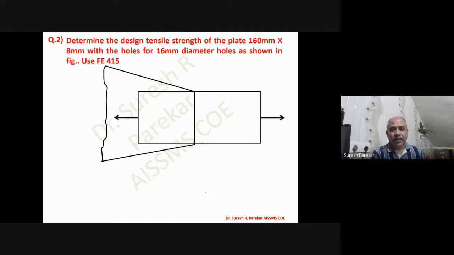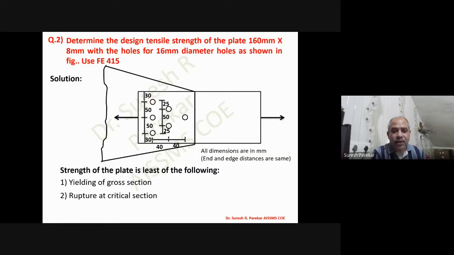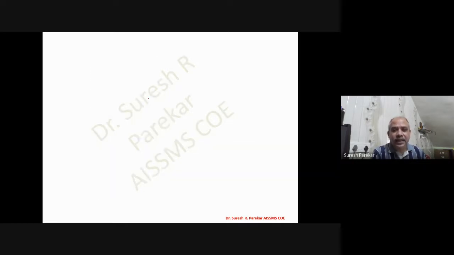Now we can go to the second problem, where we have considered staggered bolts, and you can see the gauge distance for this is 40, and we have pitch 40, and then the gauge distance between the two bolts is 25 millimeters. Edge distance we have 30 millimeters. So now we will go with strength again. We have yielding of cross section, rupture at critical section. We do not have block shear strength because no clause is given for staggered bolting in IS 800.